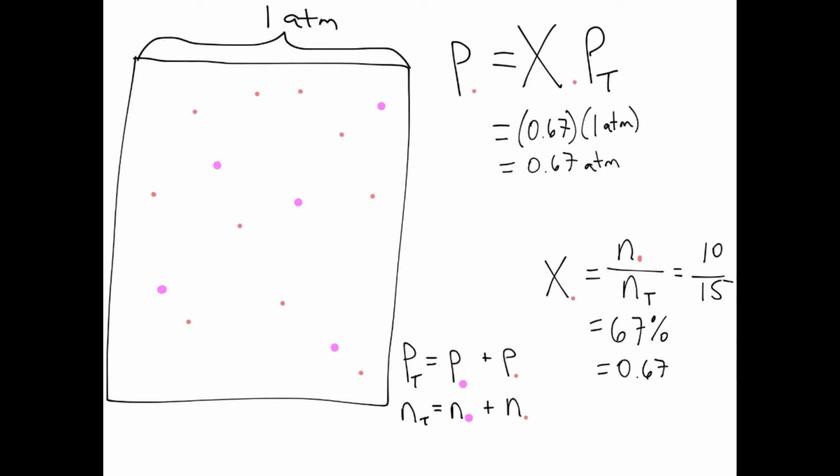In other words, what is the proportion of that total system that is due to one particular type of molecule? And that's just expressed as the total number of moles of that molecule over the total number of moles of all molecules. And in this case, that happens to be 67%, but we can have all kinds of different mole